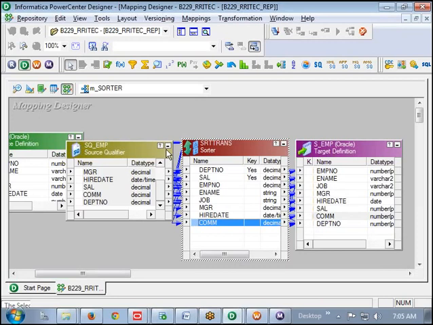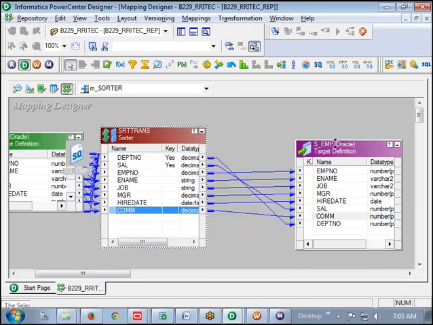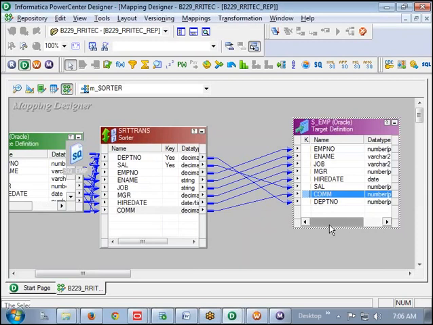Just confirm properly that it is connected. Okay, save it.